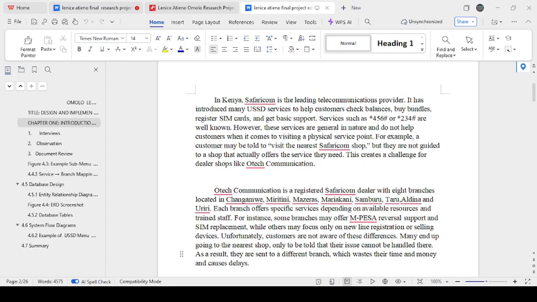And in Kenya, Safaricom is one of the leading telecommunication providers. It has introduced many USSD services to help customers. Example, check balance, buy bundle, *456#, *234#, *191#. However, these services are general in nature and they do not help customers when it comes to offering the specific services a customer needs. Customers will be told to visit the nearest Safaricom shop, but they're not guided to a shop that actually offers